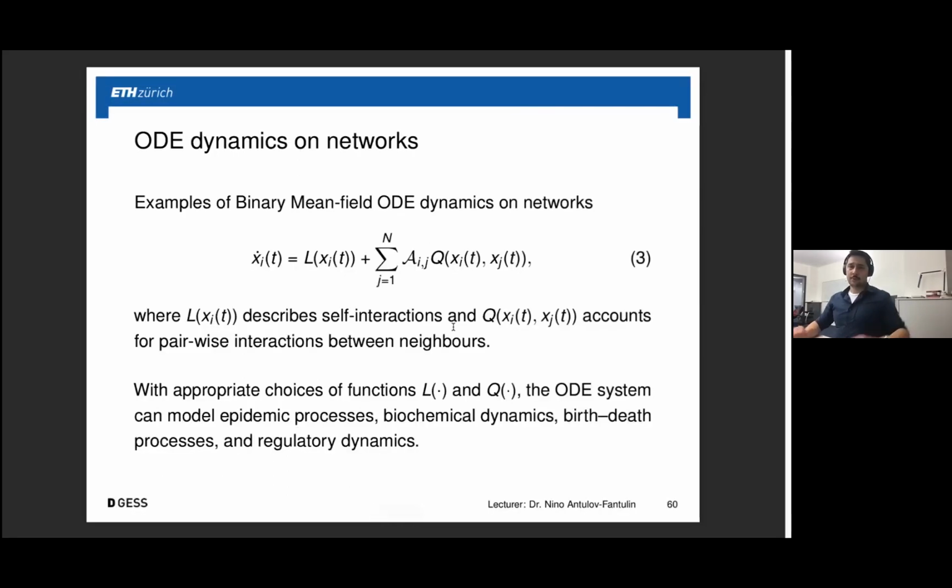And at this stage, I would just like to close the part where we were talking about network interactions. And we would now go to a small part where I would try to give you a glimpse of the dynamics that are happening on networks. And at this stage, I would also maybe stop for a minute and ask you, do you have any questions so far before we continue?